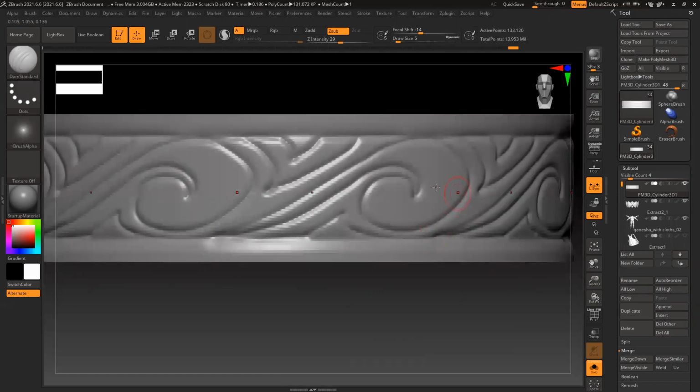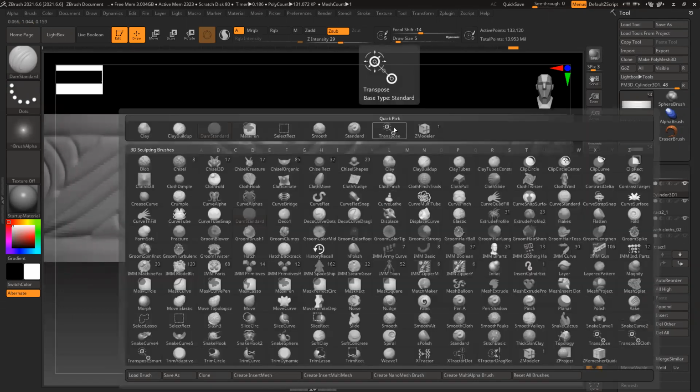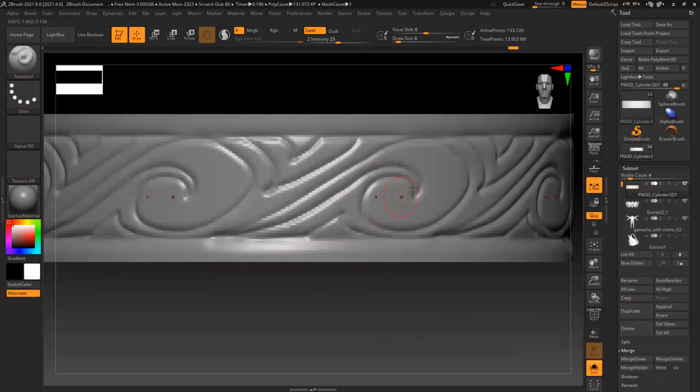So we need to add some volume here. So we expand it first. Because I want all these lines, I use standard instead of framing them.